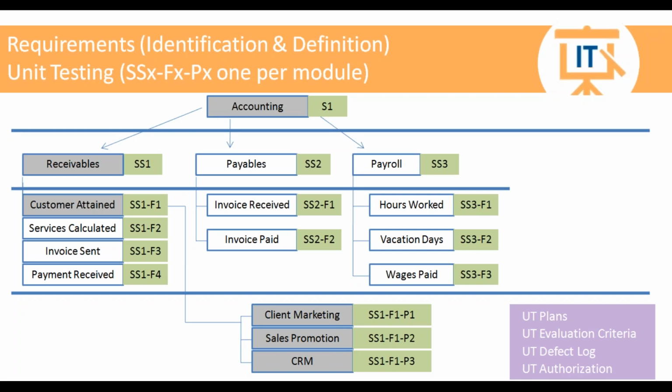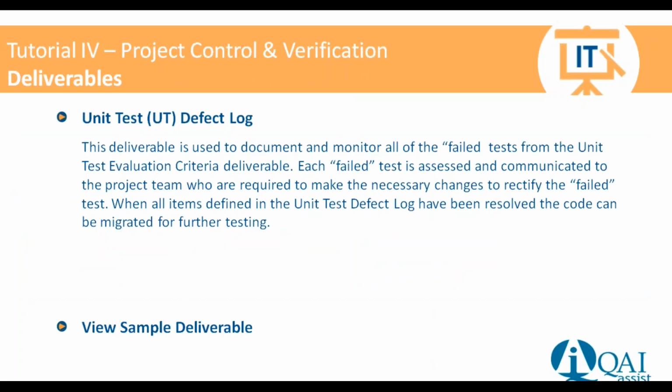So if we are bumping into defects, we're going to document all of the defects for each of the different programs or modules in a defect log. We are then going to be able to say, okay, do we go back and change our requirements, or do we introduce a change request? We know we've hit a hiccup. Why is this not being resolved? So we're going to go through iterations of unit testing on all of the different programs until all of the evaluation criteria that we've already got predefined has been completed.